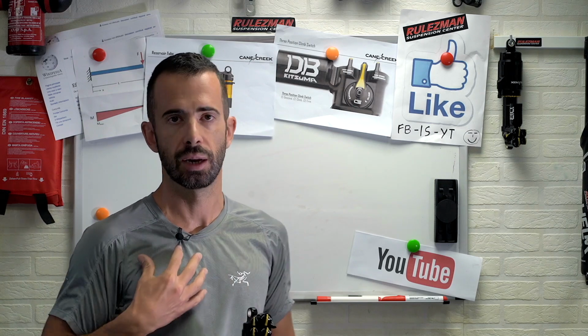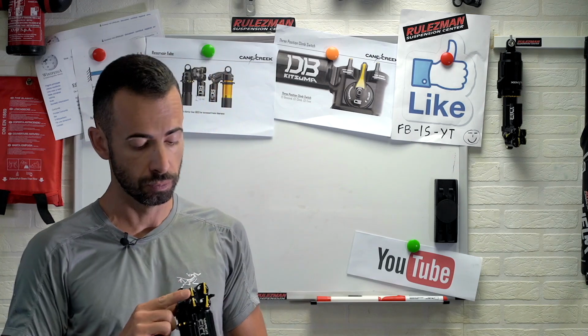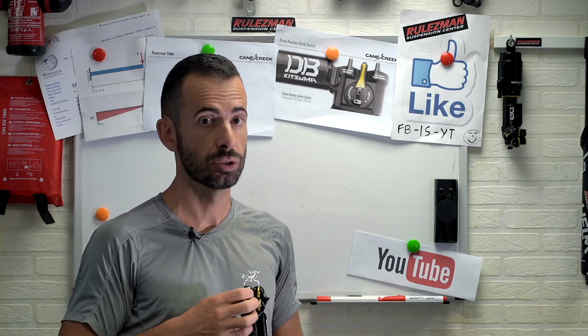Now, all you have to do is read on the adjuster what you want to achieve, and then you rotate the adjuster in the way you want the reaction. You want it softer, you move it to the softer side. That's it. We have another big difference on the low-speed compression adjusters, which now are indexed in 10 positions only,